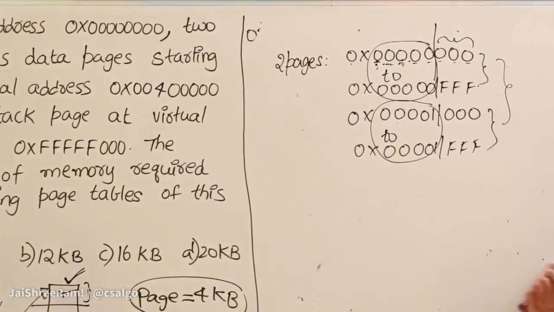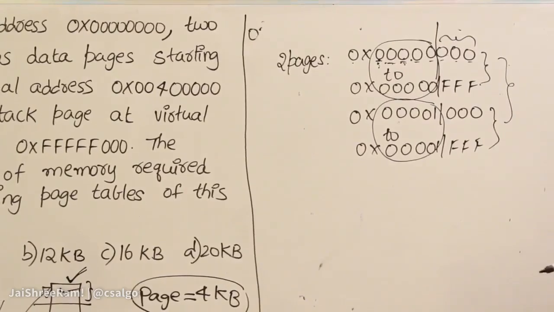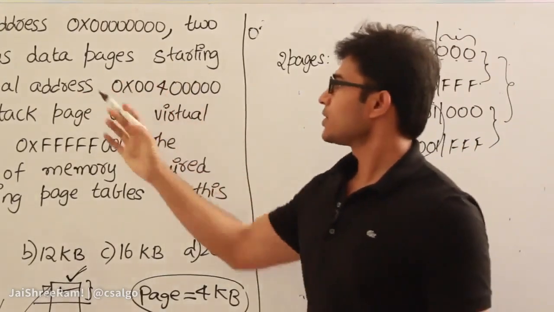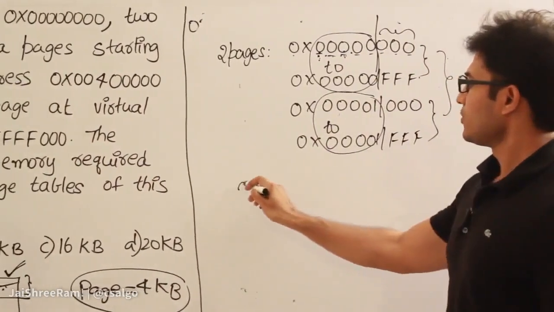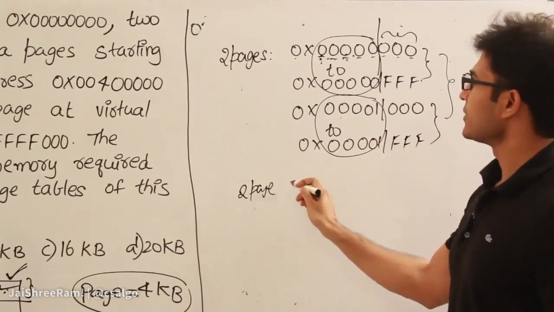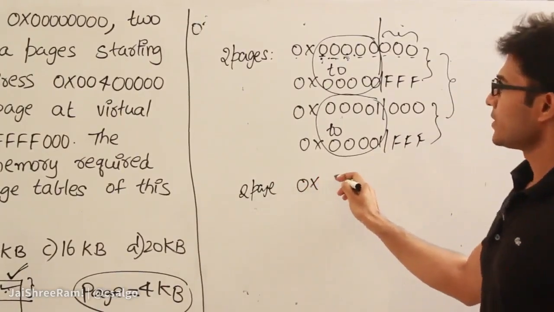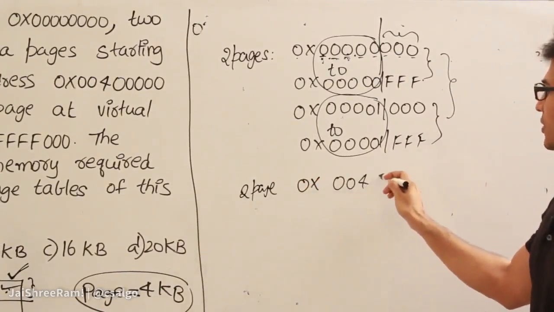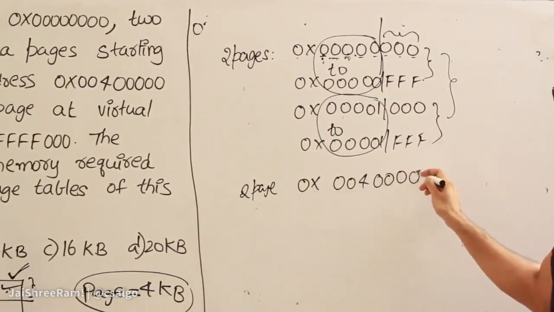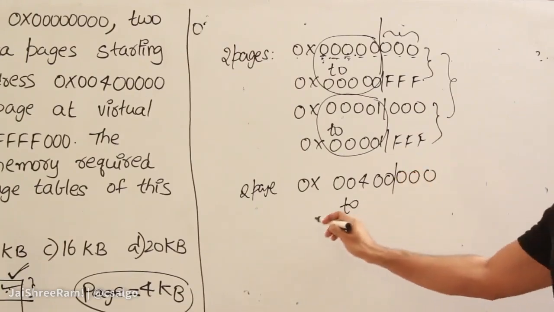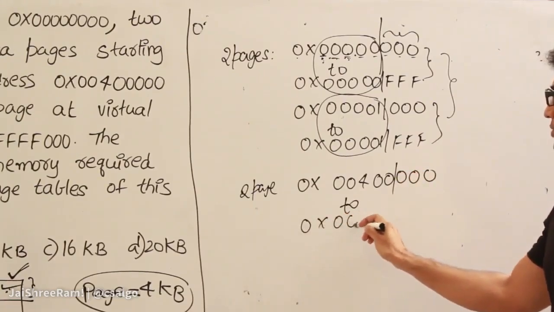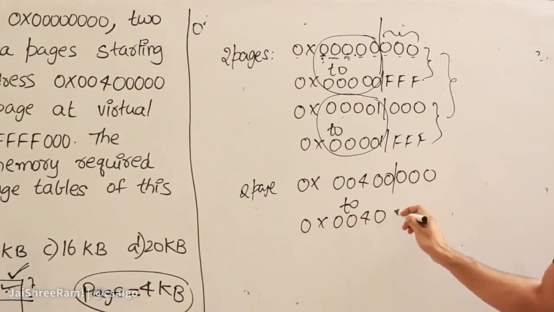And the next one is, they are saying that two data pages are starting at address 0, that one. So again two pages are going to start at the address 0x, which means hexadecimal 00412345, right? So then what happens is, the first page is going to start from here and end at 0x00400fff,